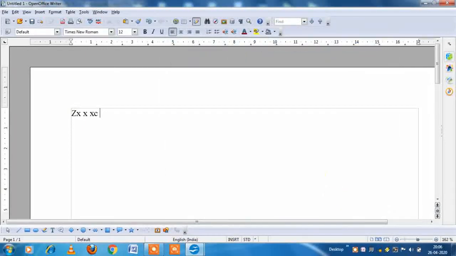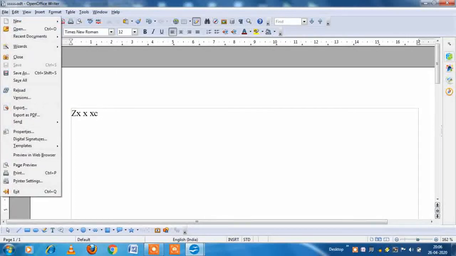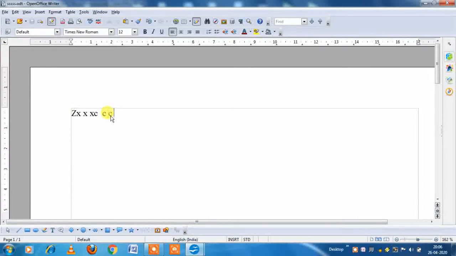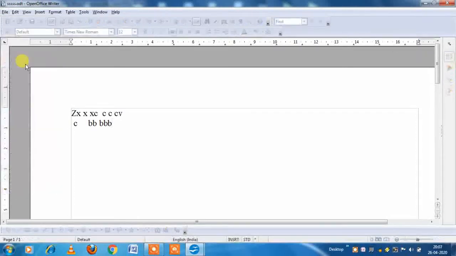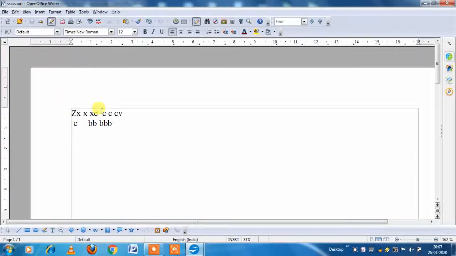File is saved with the given name, and now you can see again the save option is not highlighted. Type something. I am typing a few characters, and we can see now the save option is highlighted again. Click on that and it will save in the already saved file. So it will not give us the save as dialog box again to give a new name.